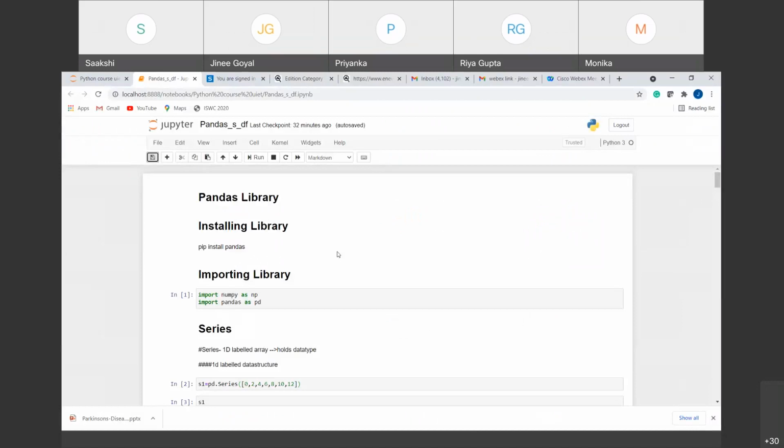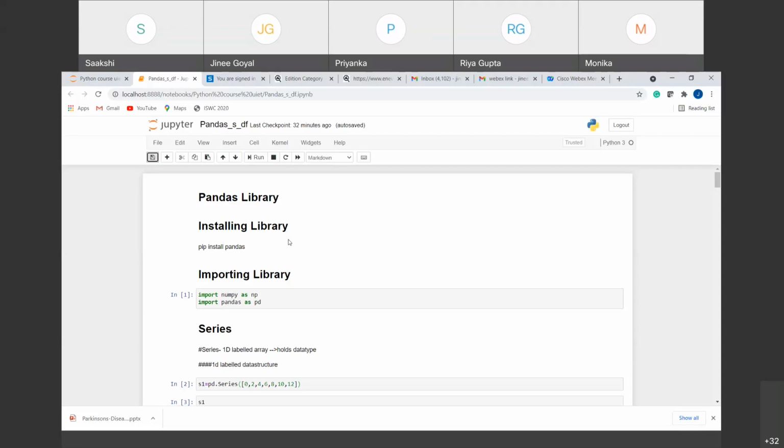Yes, ma'am, audible. Okay. So if you have any doubt in between, you can ask. And today we are going to discuss the pandas library. Last time we did the NumPy library, that was the most used numerical library that was used for the manipulations of the arrays, right? Now moving on, we have the pandas library. So pandas library is basically used for manipulations in the data frame or the series. That is when you want to manipulate the data. So in that case, we use the pandas library.